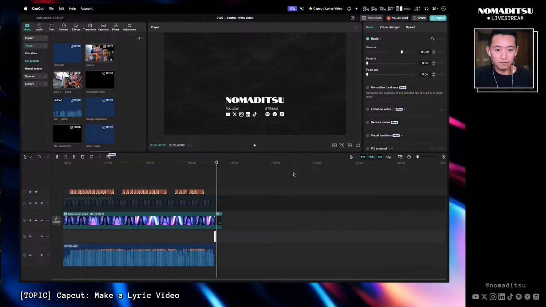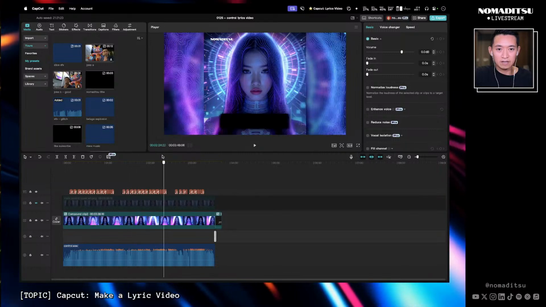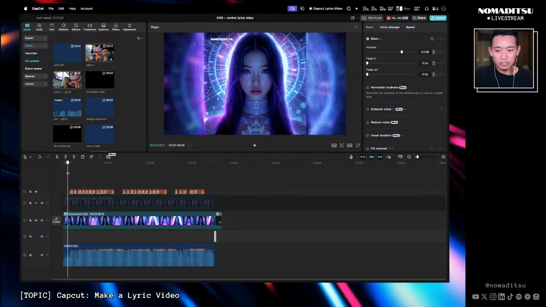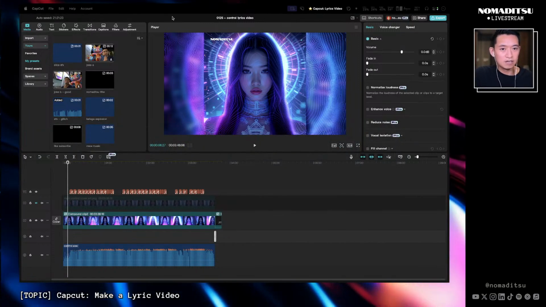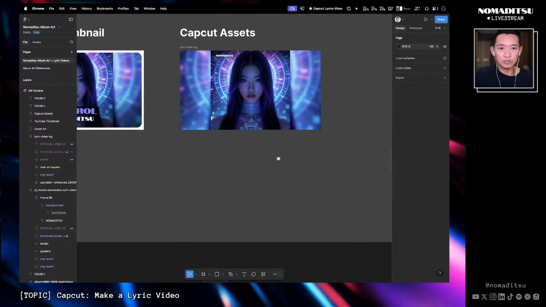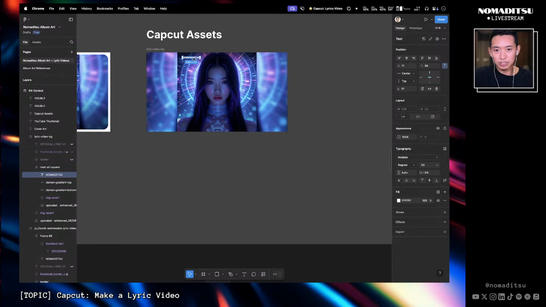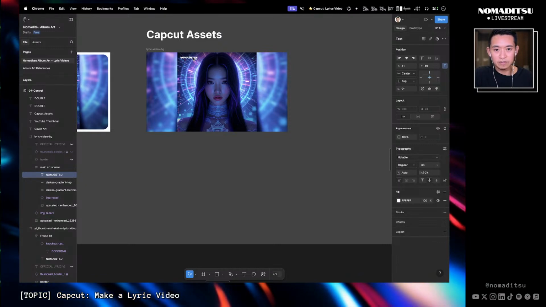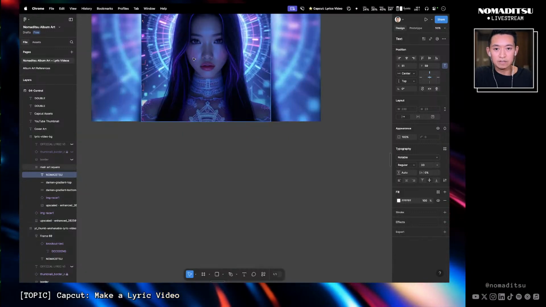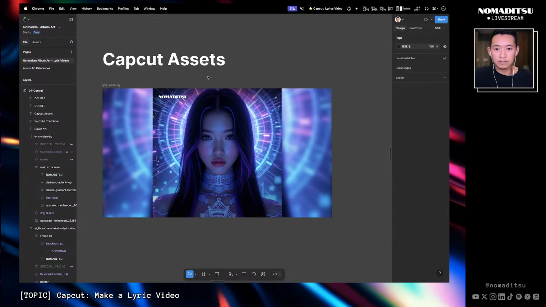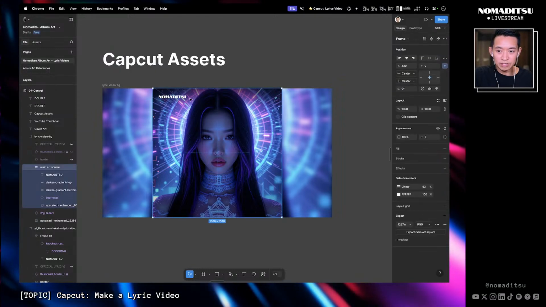All right. So we got the full thing here. Let's just scrub through that again. Okay, let's do that one little change on the top part here. So I'm going to go back into Figma and we're going to go to this asset here. And I'm going to move this a smidge to the left, right? So let's zoom in on that. And yeah, that's better. So I'm going to re-export this